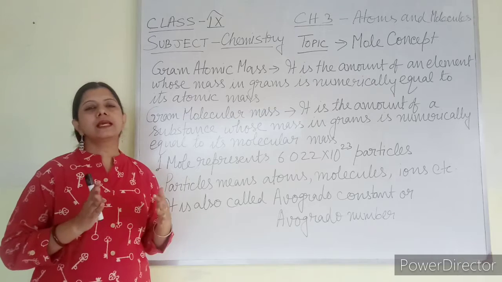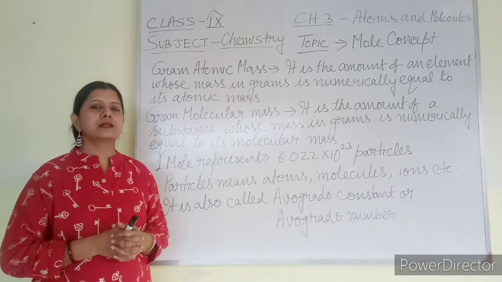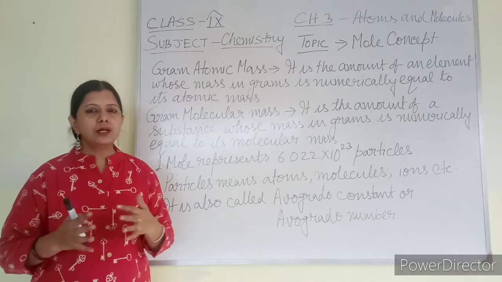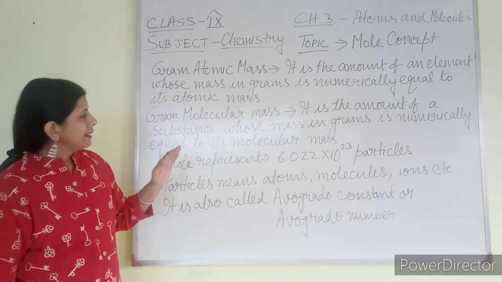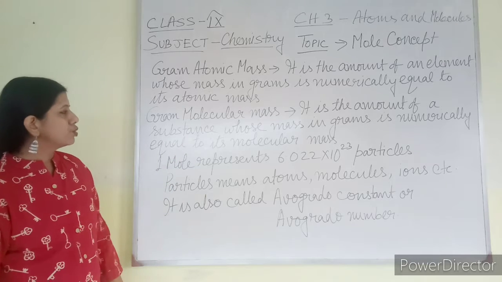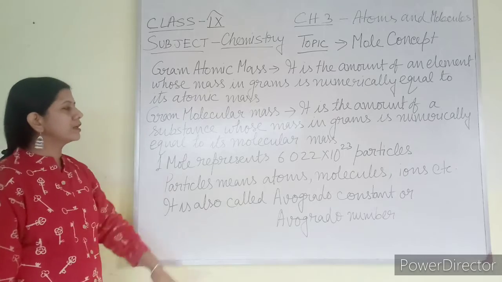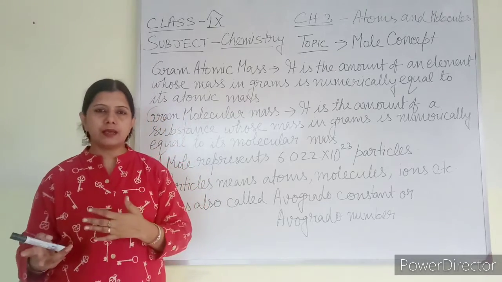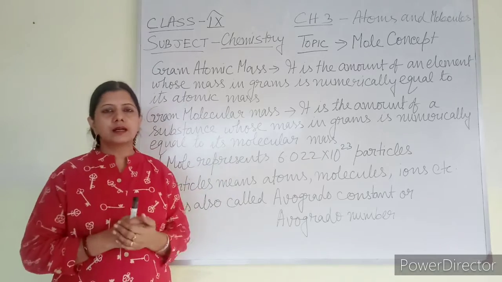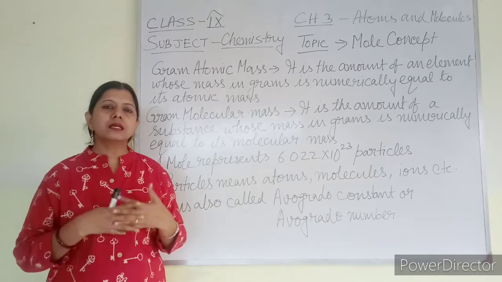Some elements exist as molecule in the free state, for example O2, N2, H2, so these are molecules. It is the amount of substance whose mass in gram is numerically equal to its molecular mass. Whatever its molecular mass in U or AMU, that in gram, that amount of the substance is known